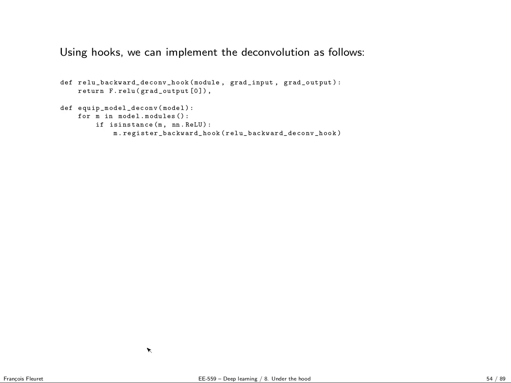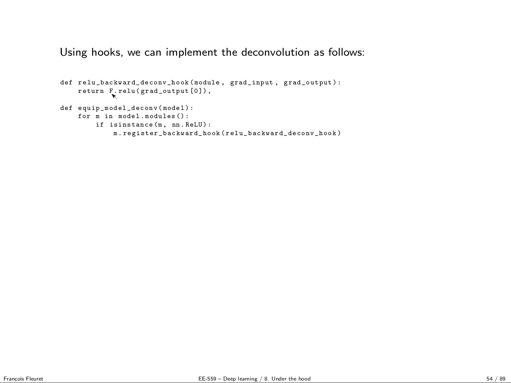So now we can implement the deconvolution by using a backward hook. I define this little function called relu_backward_deconv_hook that gets a module, the gradient with respect to the input and the gradient with respect to the output.